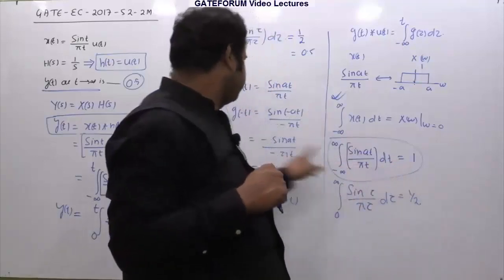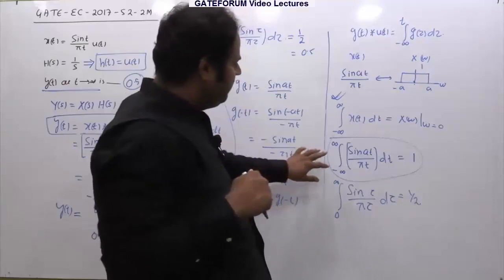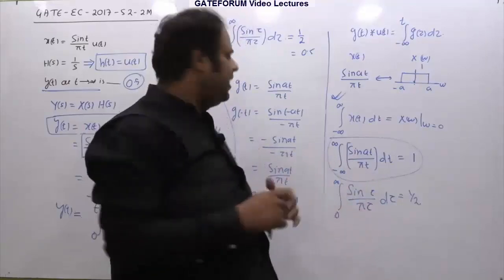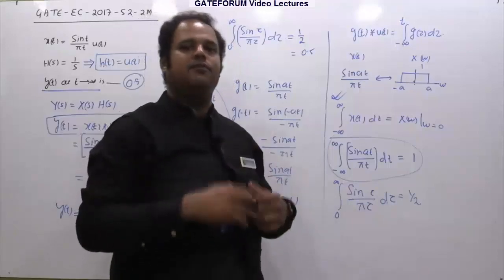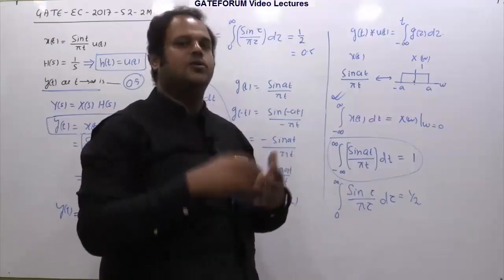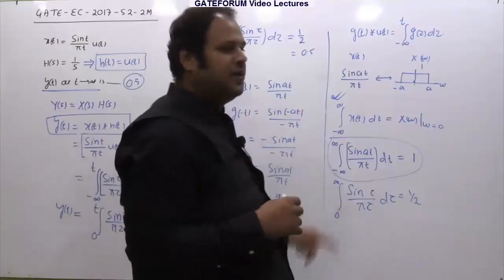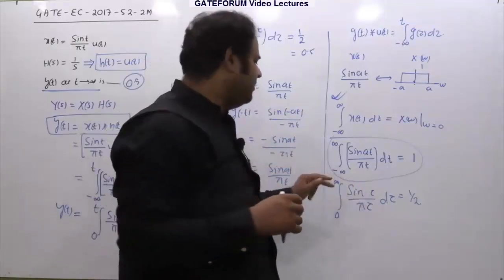And that too, with this even function we have shown here. And if it is an even function, if the total area is 1, then one side area will be half. So the area from 0 to infinity is half, the area from minus infinity to 0 is also half. That's why the total area from minus infinity is half plus half, which becomes 1. So if somebody asks the total area is 1, then what is the one side area? That will definitely equal half.